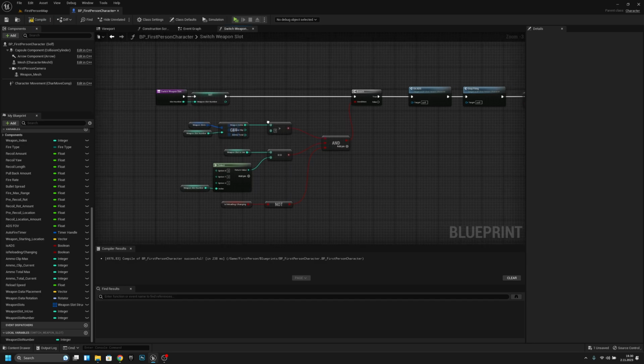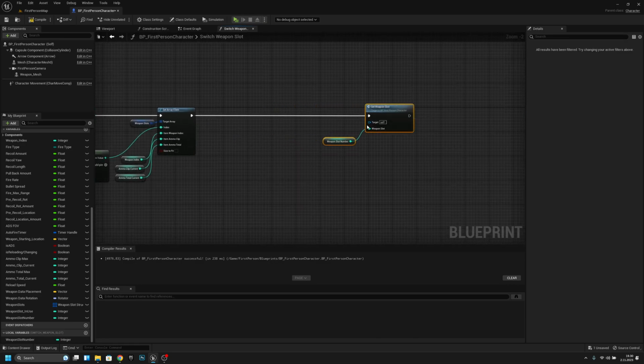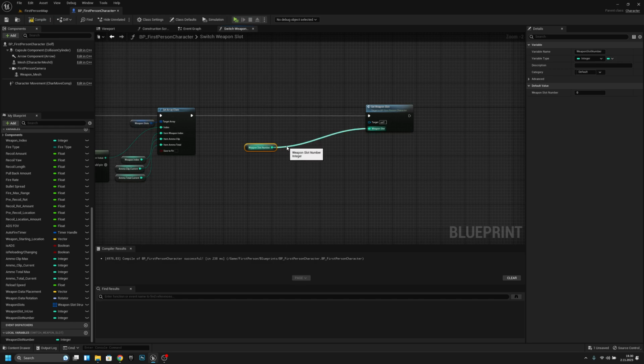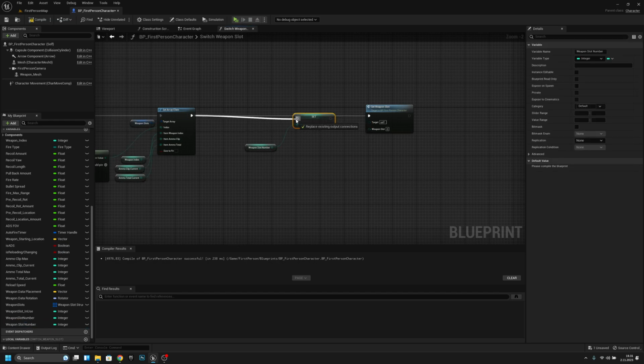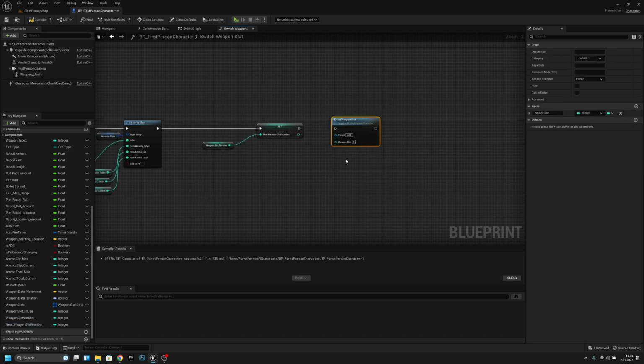switch weapon slot. We actually, I forgot to do this, but yes, we have to remove this and promote this to a variable. Let's call it new weapon slot number, or something like that. I will actually fix this. Okay, new weapon slot number, and now let's, oh, we have to actually remove this, and we have to call